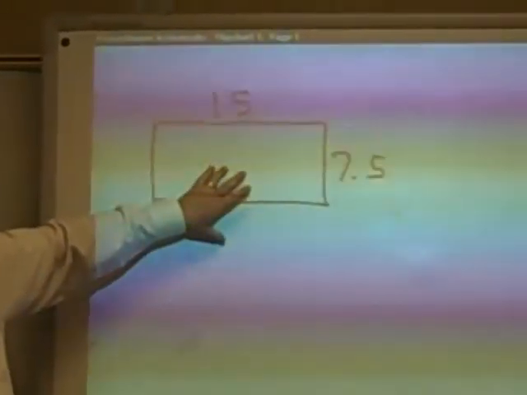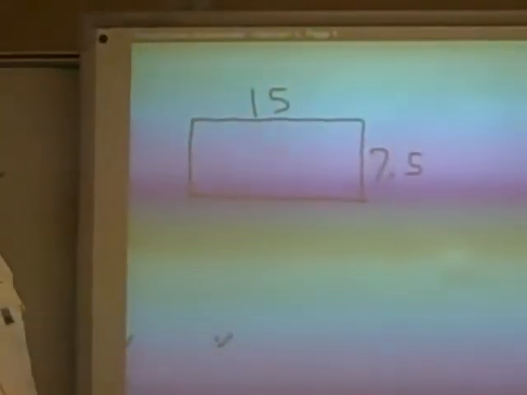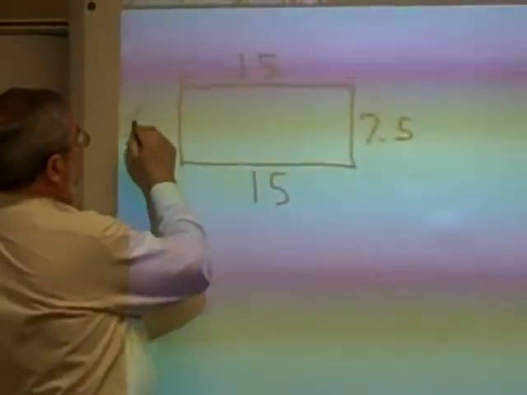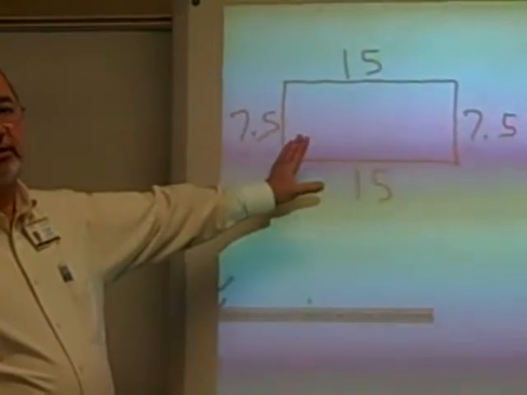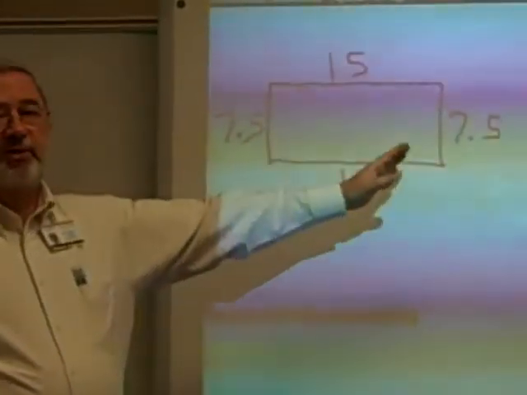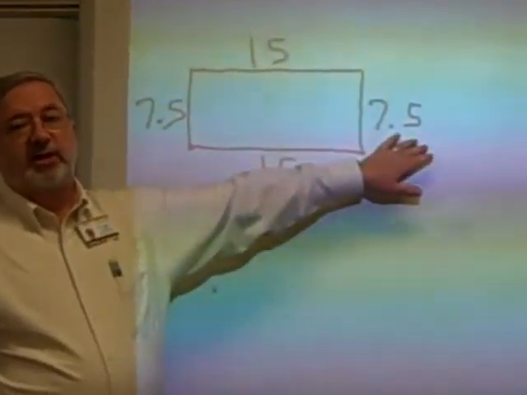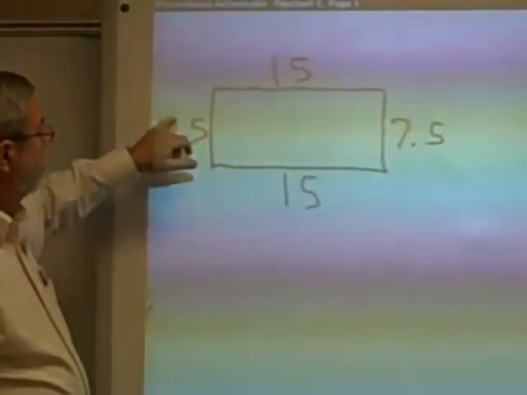You'll likely be given one like this with only these 2 numbers present. At this point, you will need to know, of course, that you need to fill in on the bottom and on this end. Because most likely when you see this, especially on CRCT, they will not give you all four numbers. They will give you one length and one width. And you will have to remember, don't get careless, to go back and plug them in